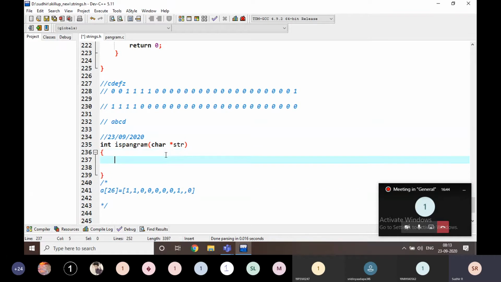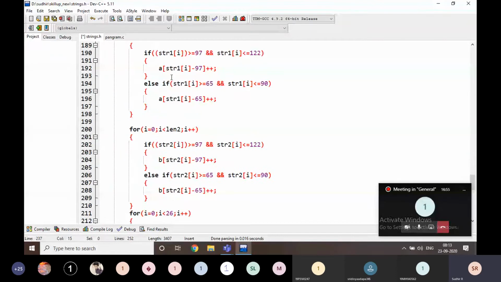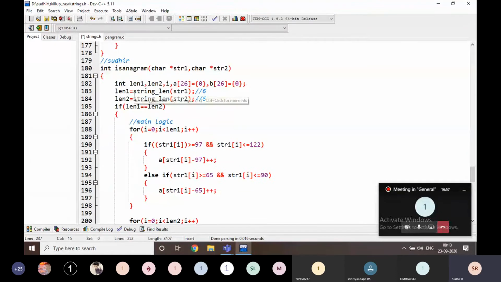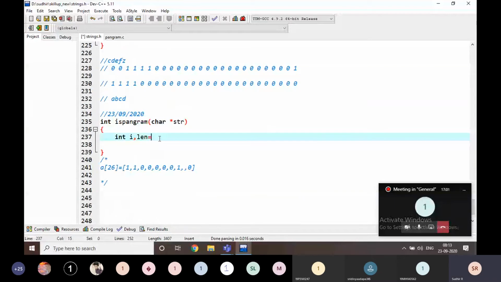For that, I am going to take i for iterations, and the second one is length. For length, it is already defined in string, so length is equal to string_length of str.